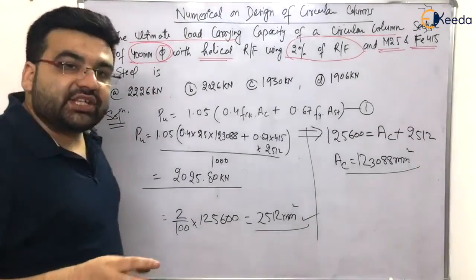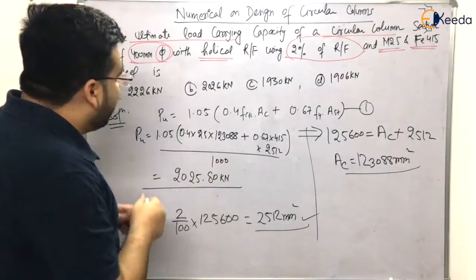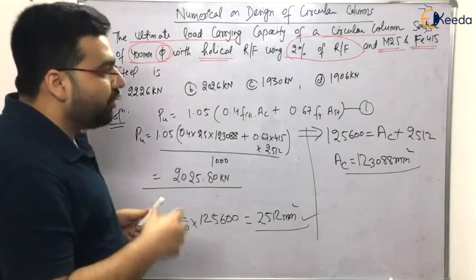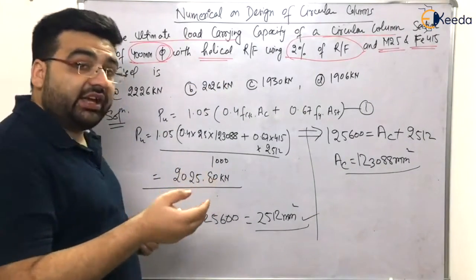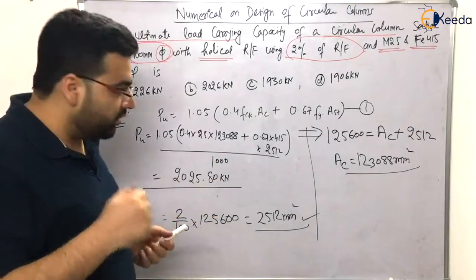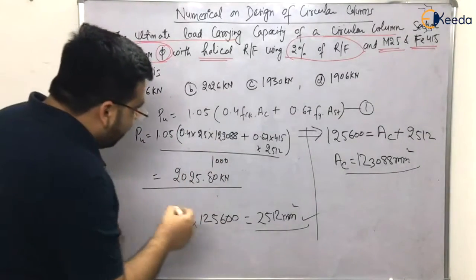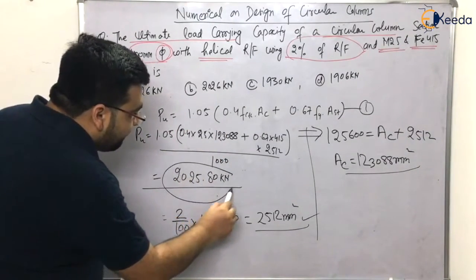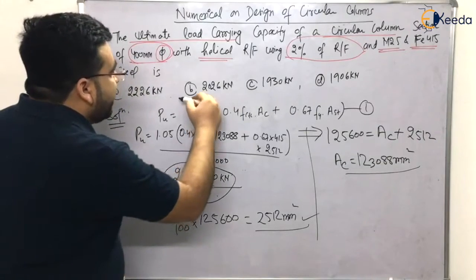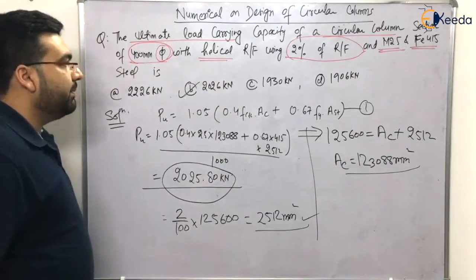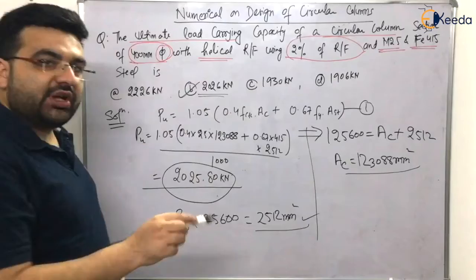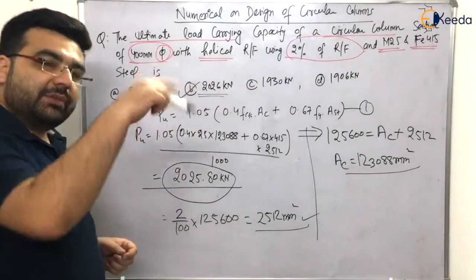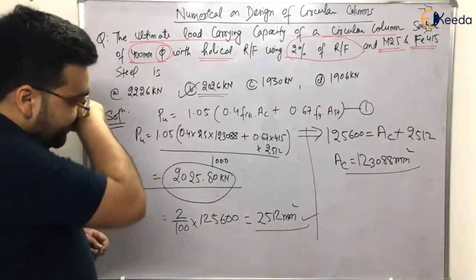So students, I just checked it. While writing the question I wrote wrong options, so that is why I was wondering whether I had made some calculation mistake. There was no calculation mistake. It is 2025.80, so the correct answer is nearest to option B, that is 2026. I actually wrote the options of the previous question.